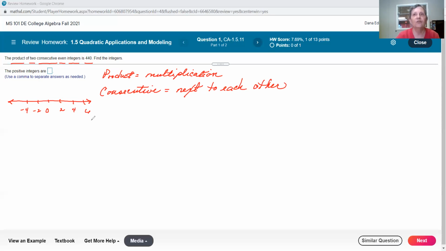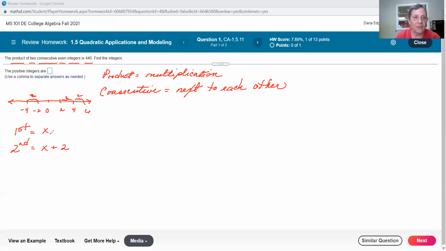Yes, they'll divide by 2, but it's a little trickier to define x in such a way that x is necessarily divisible by 2. But if we say that the first of these consecutive integers is x, and trust that this is going to come out to be integers, the next one, the second number, each of these is 2 apart, right? Here's 2, here's 2, these are 2 apart. So if x is an even integer, then the next one down the line would be x